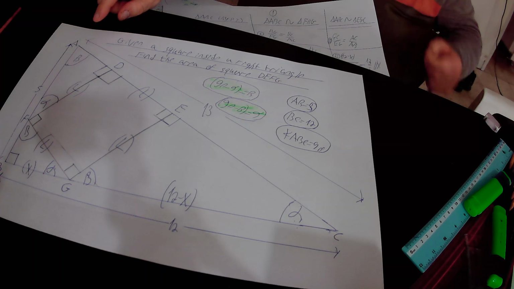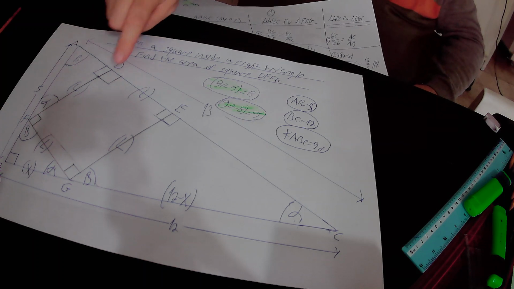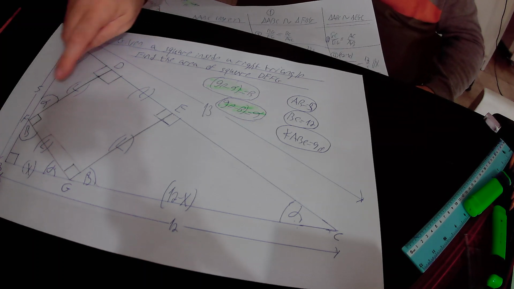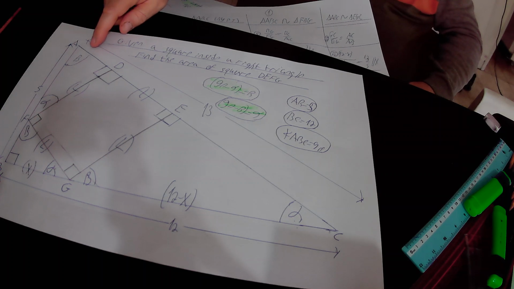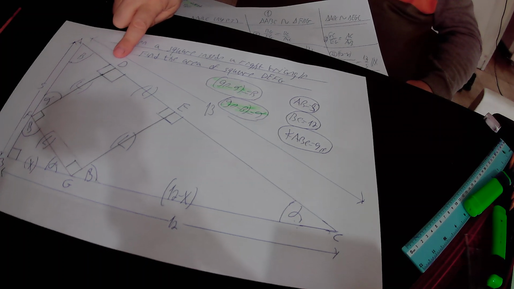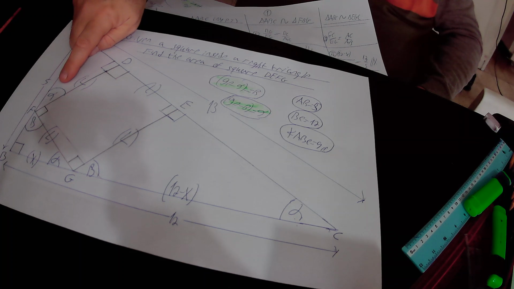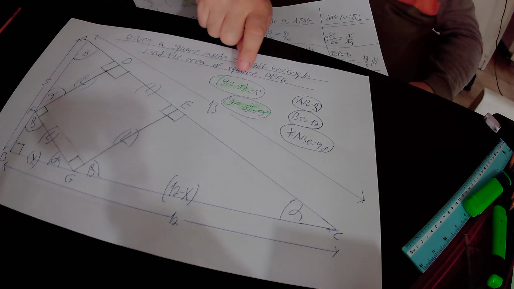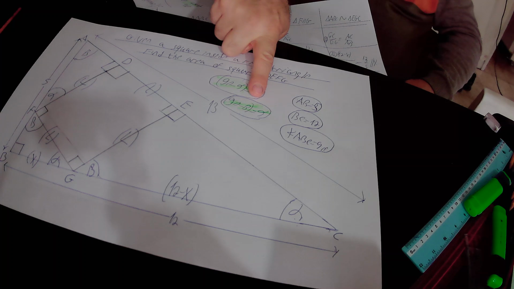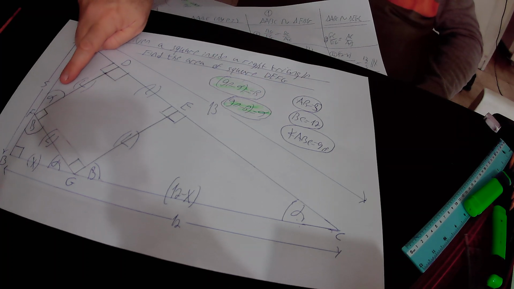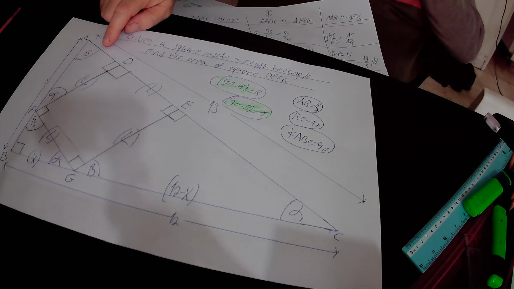Okay, so in the right triangle ADF, in the small right triangle ADF, this angle equals beta, this angle equals 90 degrees, therefore the missing angle must be equal to 90 degrees minus beta. But 90 degrees minus beta equals alpha, therefore the missing angle here must be equal to alpha. Okay, then